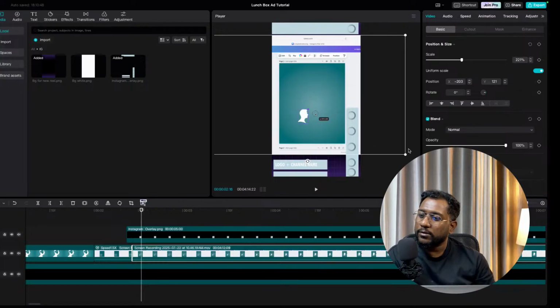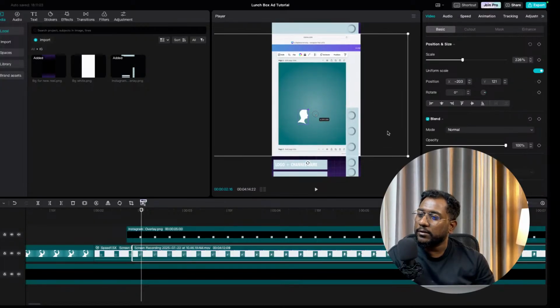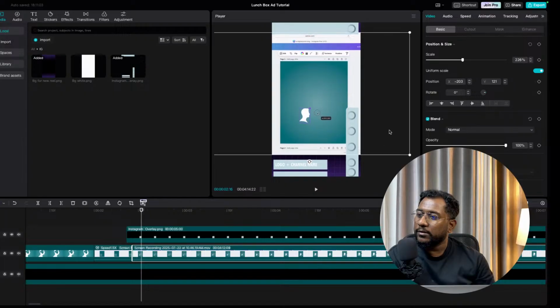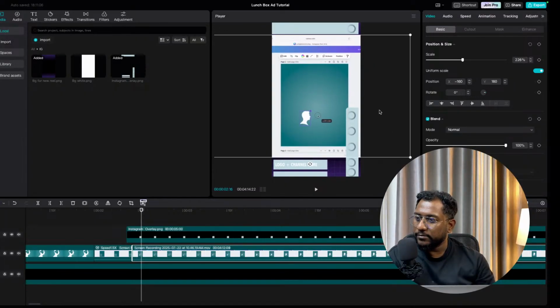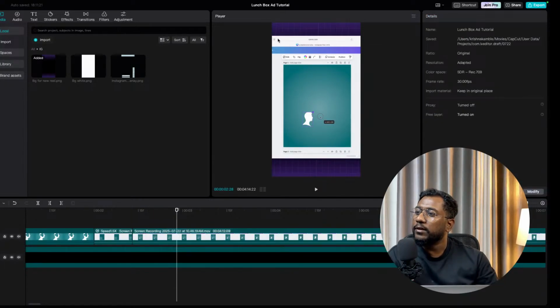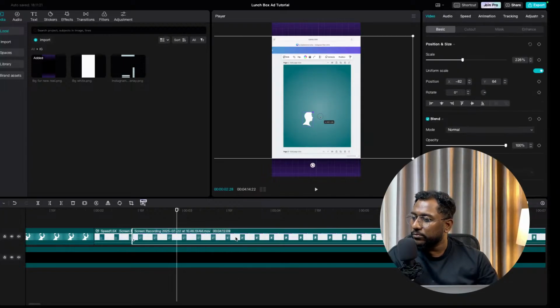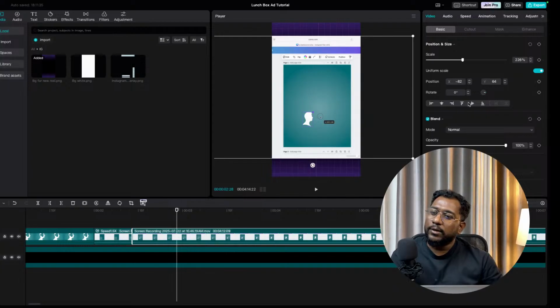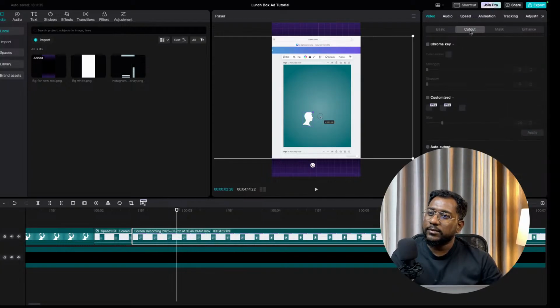or I can just zoom a little bit and place like here up to this. So now what I generally do, let's delete this portion. So now it is looking like this up to this white area, right? So if I want to add something, it should not look like the flat screen. Then what I do, I just go for the masking option. Okay, just let me take here